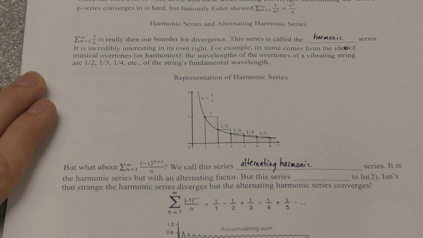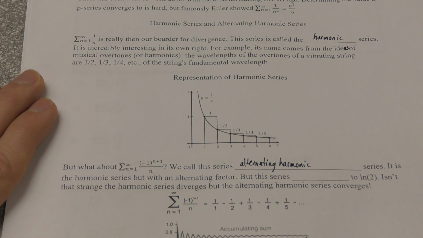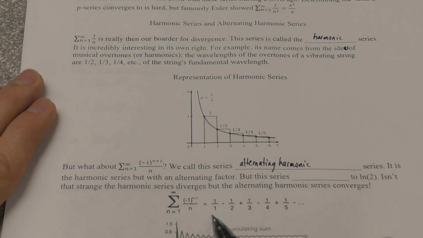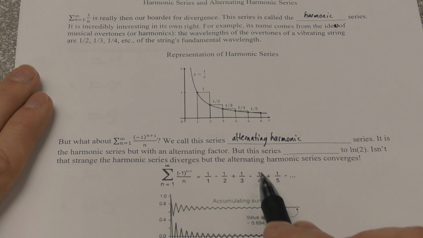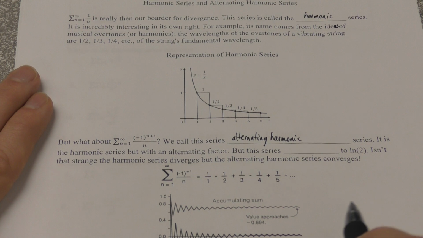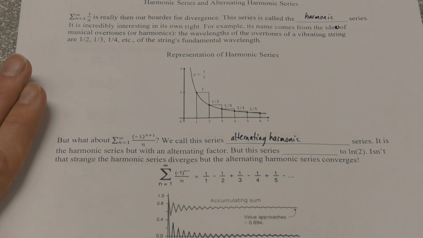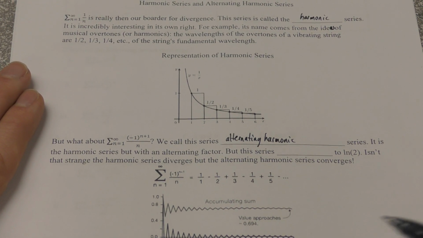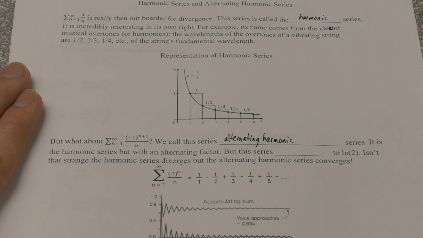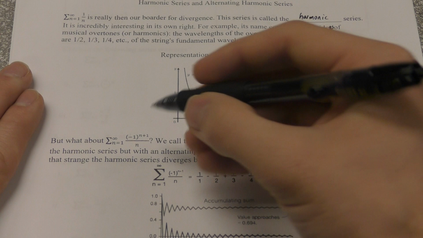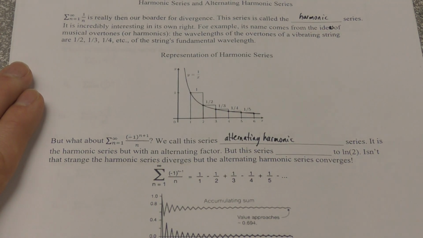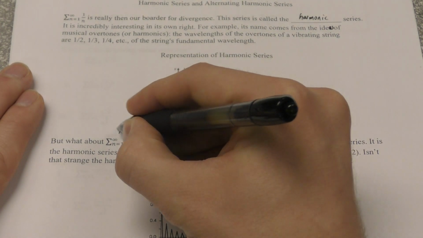It is a harmonic series, but with an alternating factor back and forth. All right. So for example, it goes 1/1 minus 1/2 plus 1/3 minus 1/4 plus 1/5. But what's fascinating and important to remember, it seems like a rather trivial thing, but at least when it comes to AP tests, this is something that has come up before, and we can use a different test later on to prove this. But this alternating harmonic series, just file it away, this alternating harmonic series